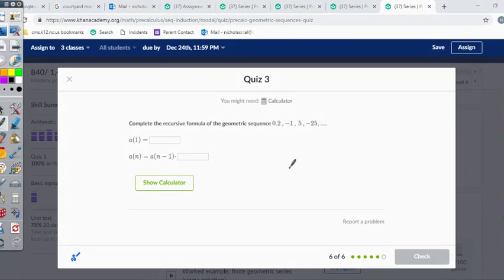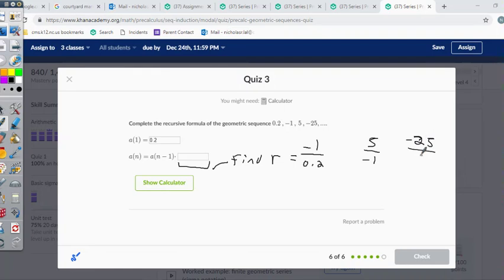Complete the recursive formula for the geometric sequence 0.2, negative 1, 5, negative 25. So the first term is 0.2. Then we have to say each term is equal to the previous term times what? So we need to find r here. Find our common ratio. So r would be equal to negative 1 divided by 0.2, or 5 divided by negative 1, or